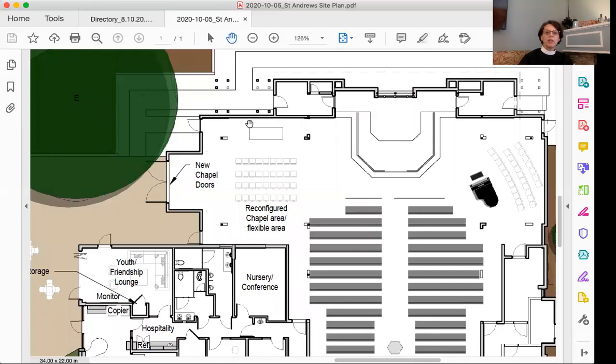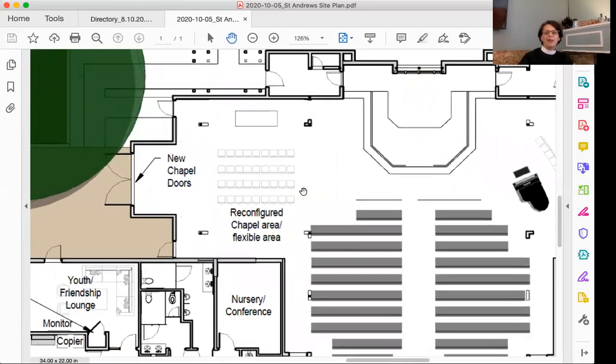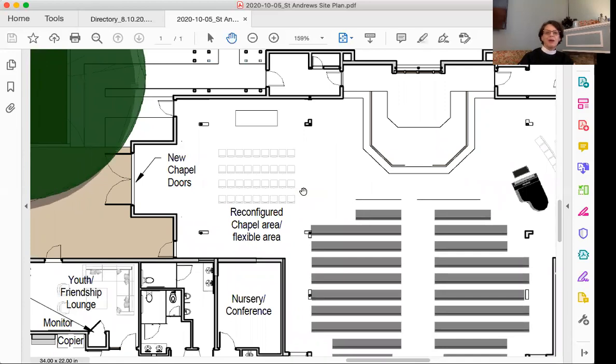And the liturgical elements that are on the walls here will be put on the wall there. The first few pews over here on the side, or the only pews over here on the side, will be removed so that this whole area can now be flexible space, and we can rearrange it any way we want for our family area. If we wanted to have an intimate service using the altar this direction, the chairs could be faced that direction. If for some reason we wanted to have a different kind of worship space, we could